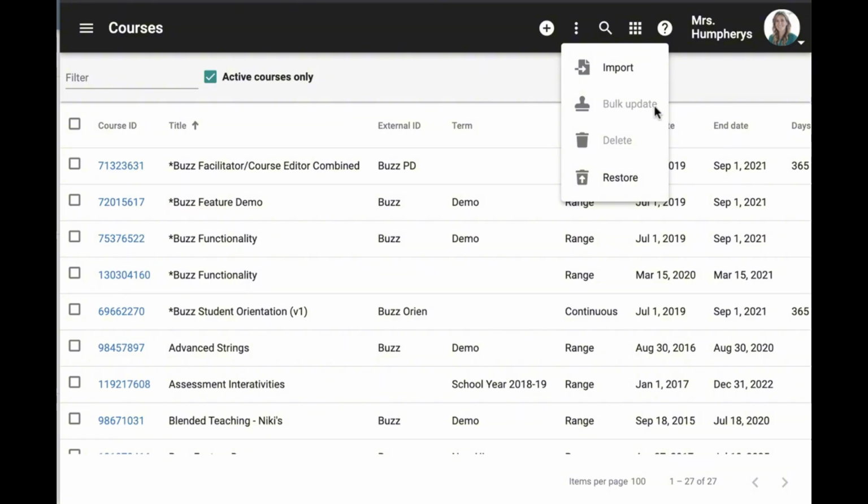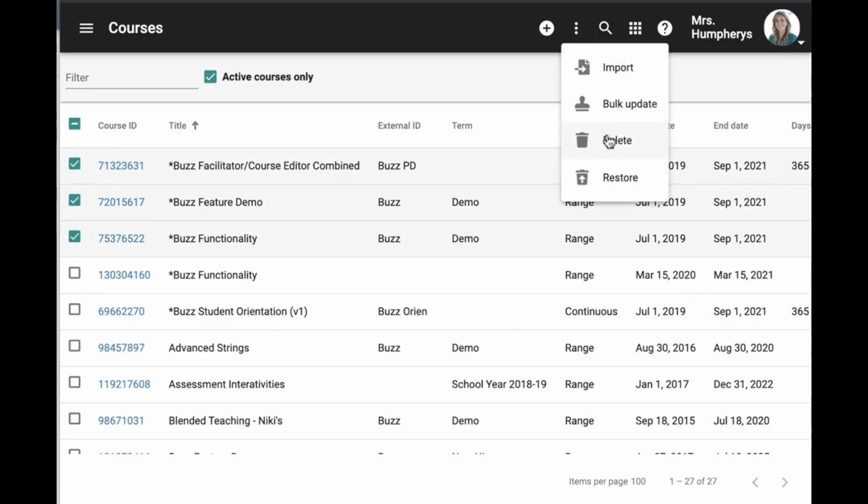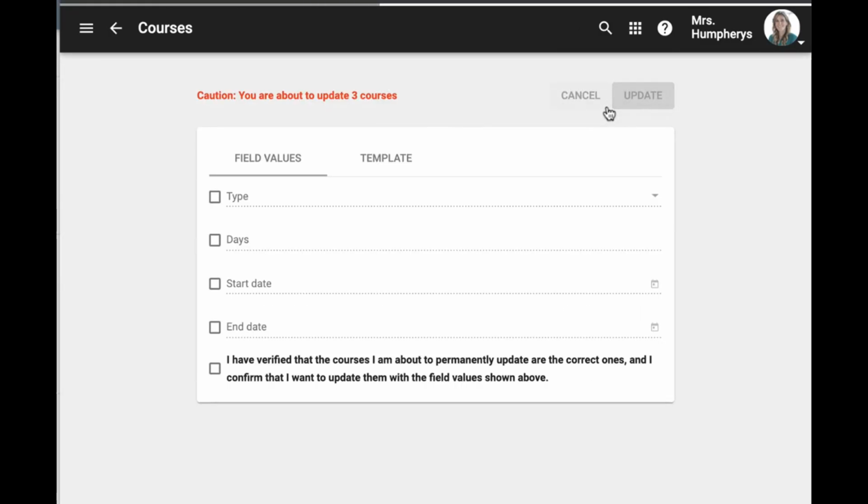If I want to bulk update or delete, I would first need to choose the courses that I want to either bulk update or delete. If I bulk update, I have some field values I could choose. I could bulk update the type from range to continuous. Range has a start and end date. Continuous, you would choose the number of days that it would run. You would also give it a start and an end date. The start date is when it's viewable to students, and the end date is when it's no longer viewable to